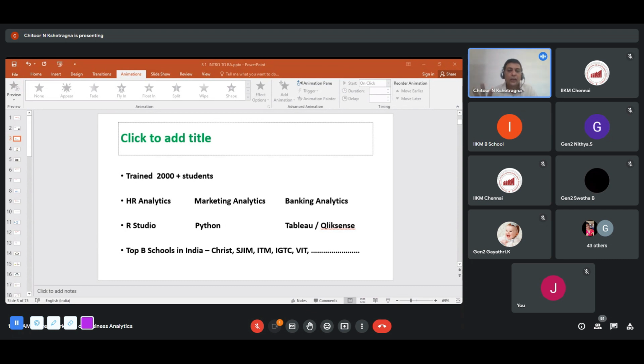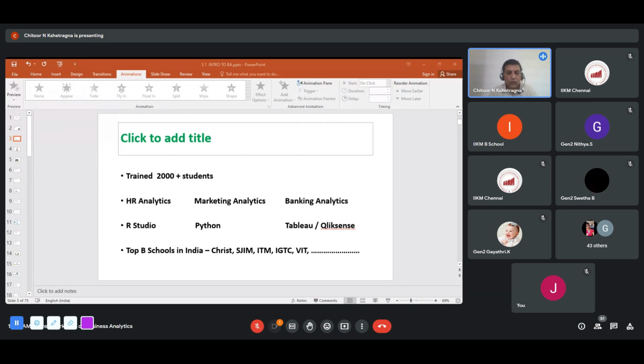I'm a commerce graduate, a commerce postgraduate, like many of you here, and my MBA specialization is marketing. So numbers are something I was not interested in because I found them boring and very tough. But as I went along doing it, I found it so easy. So the point I'm trying to make here is, if I can do it, you can also do it. And that is self-belief. That is self-confidence.